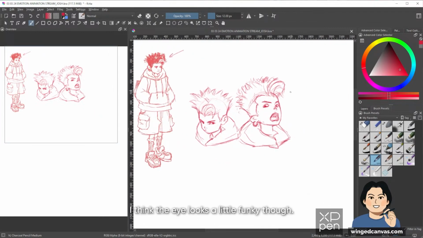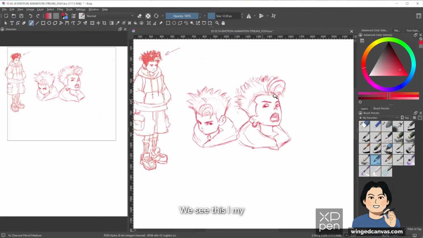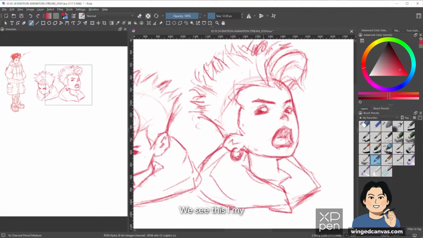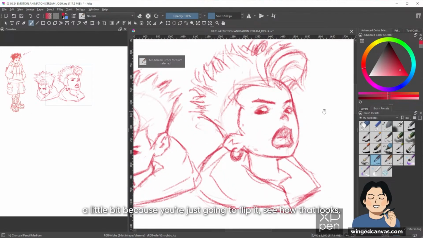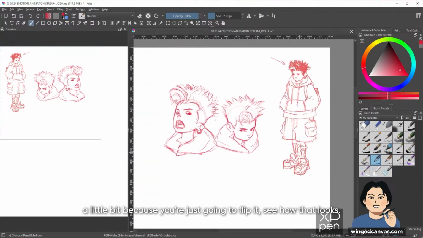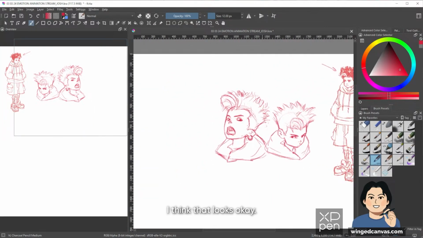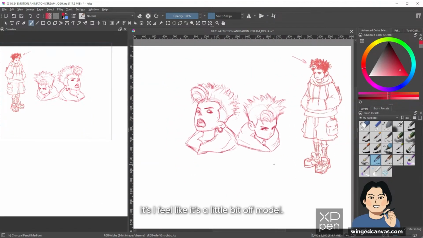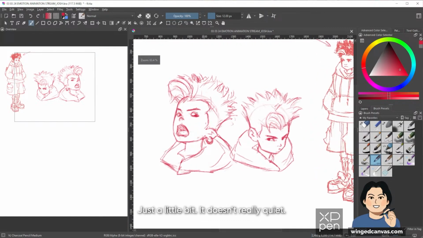Okay, I think the eye looks a little funky though. Let me see this eye. I think I'm just gonna have to scoot that up a little bit. Just gonna flip it, see how that looks. I think that looks okay. I feel like it's a little bit off model, just a little bit.